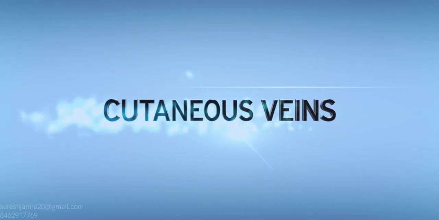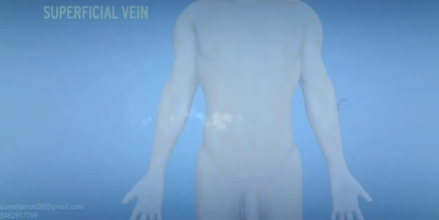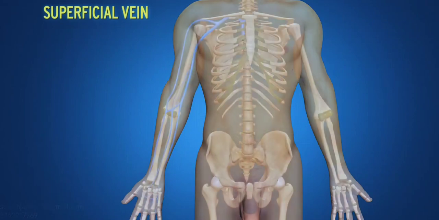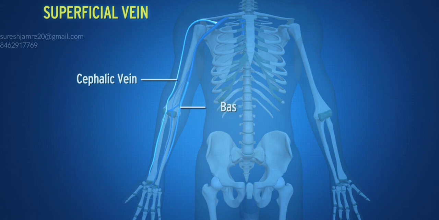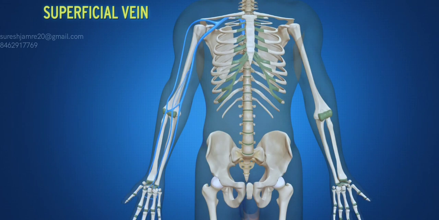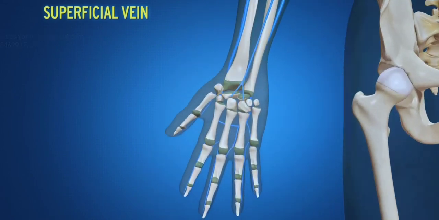Cutaneous veins. Superficial veins give the peripheral axis and hence gain the utmost importance. Most of these small ones join together to form 2 large veins of the upper limbs, that is, cephalic vein and basilic vein. A very amazing fact about these vessels is that they are not present in the pressure points